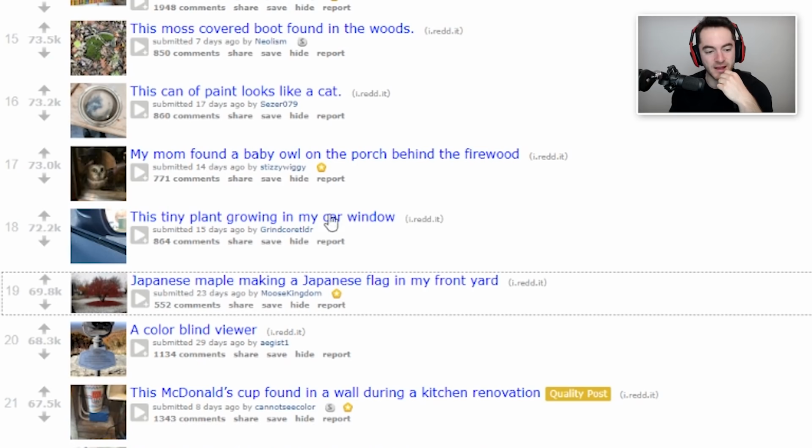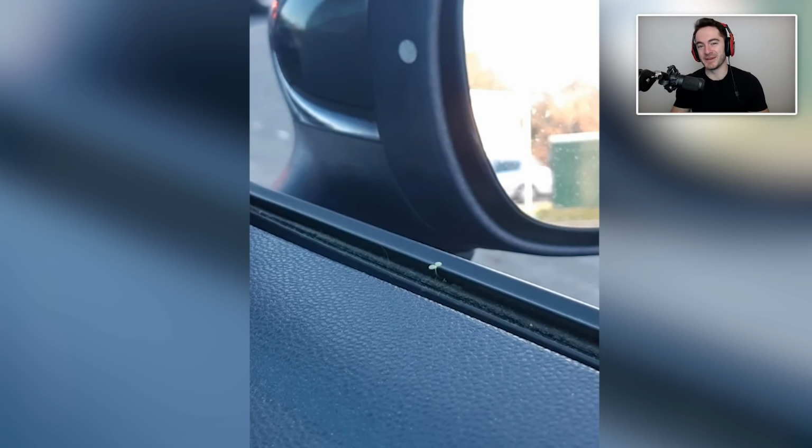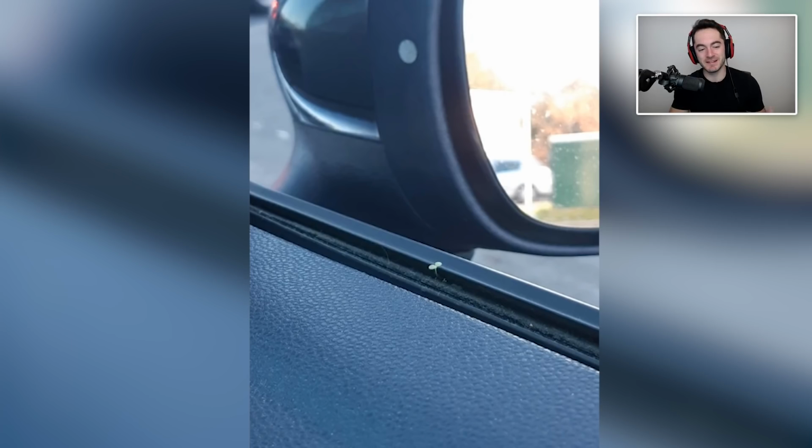This tiny plant growing in my car window. Yeah. Do you drive a Prius? Because is it very environmentally friendly? Is that what's going on here? I don't know. If I saw this happening in my car, I'd be like, how did I let this get so dirty? There are obviously nutrients in your windowsill that can sustain life, which is kind of cute,